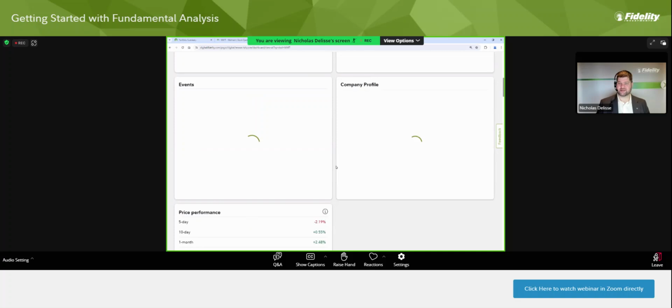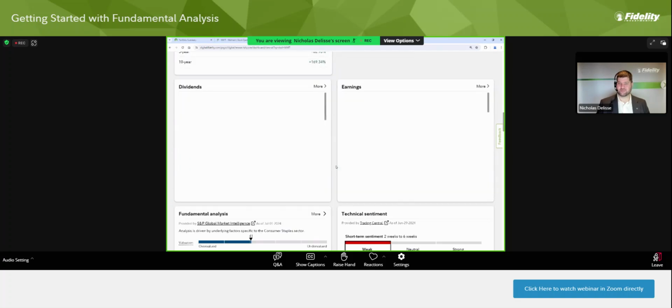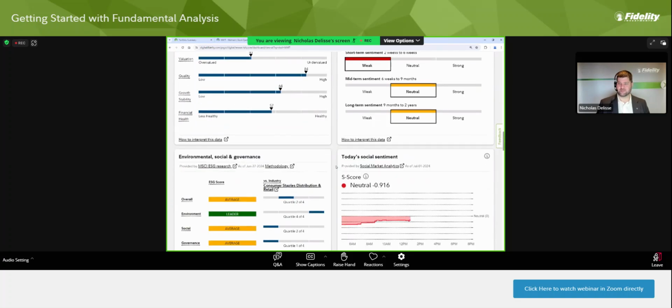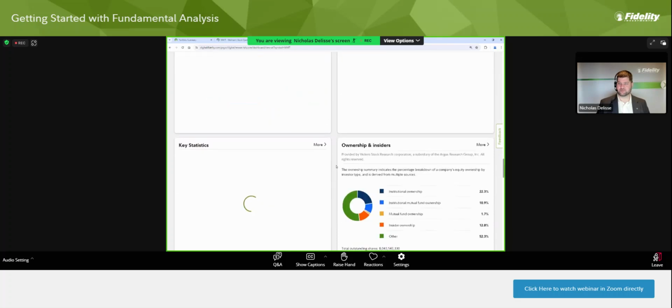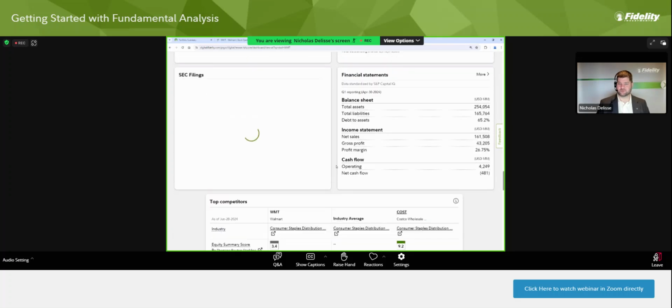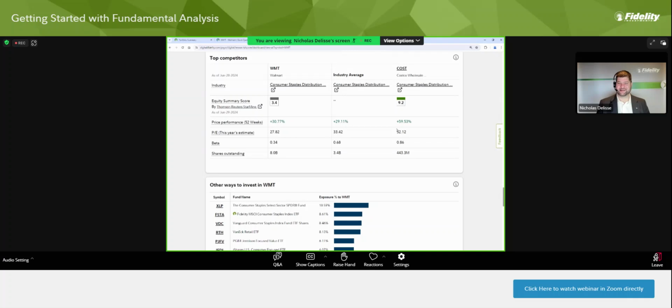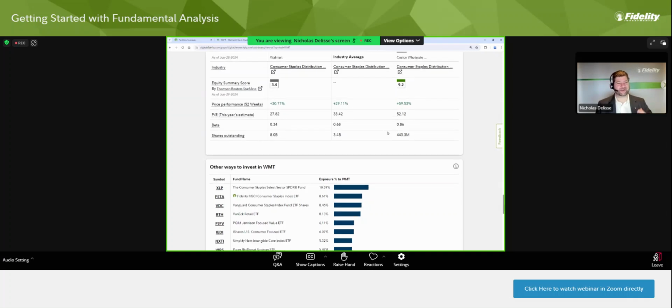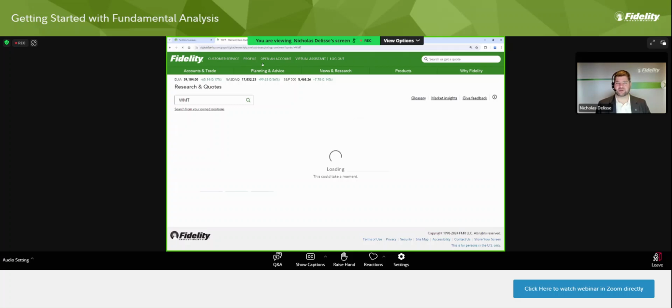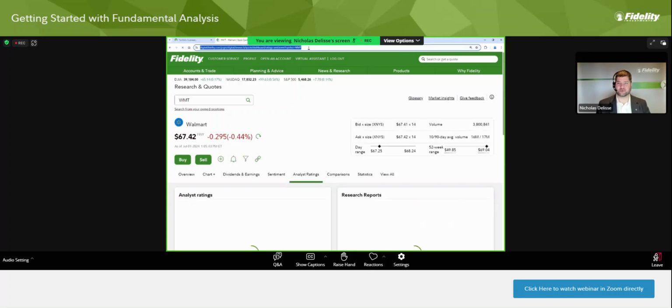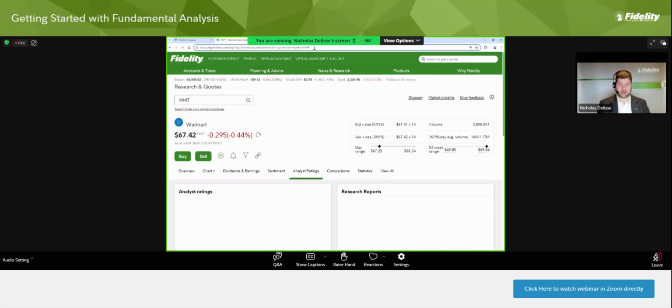We can scroll down, and then look for comparative securities. Here we go, top competitors. Walmart, Costco on here with this. Doesn't quite have, looking to see if it might provide some others, but if we shift over and maybe take a look at, as opposed to Walmart, as I said, we look at TGT for Target.